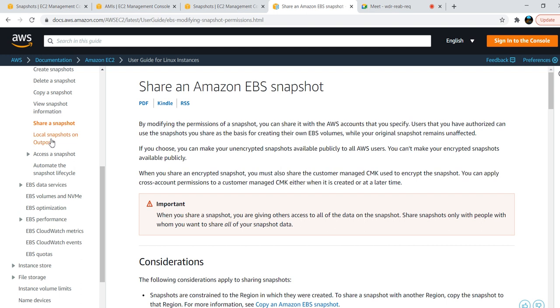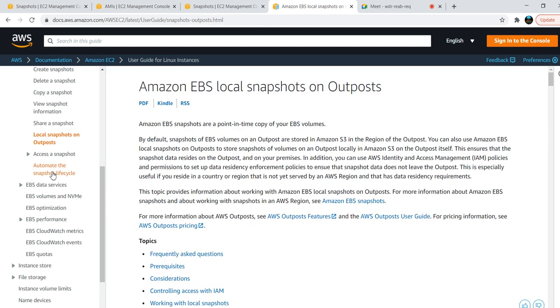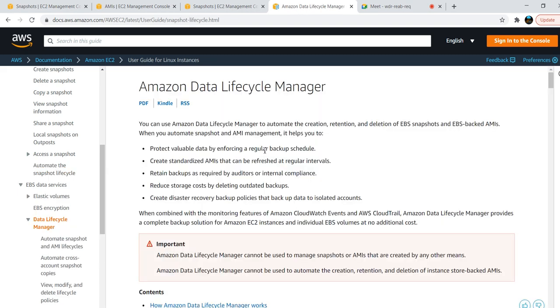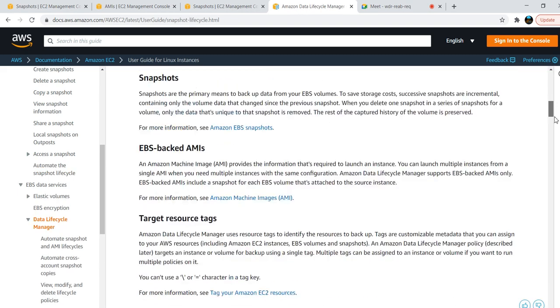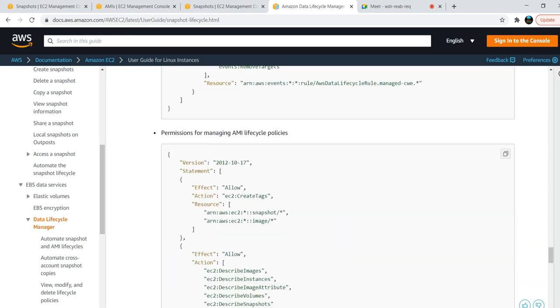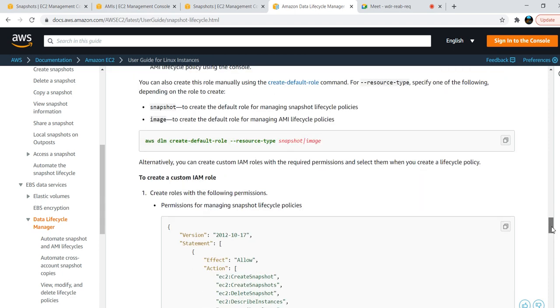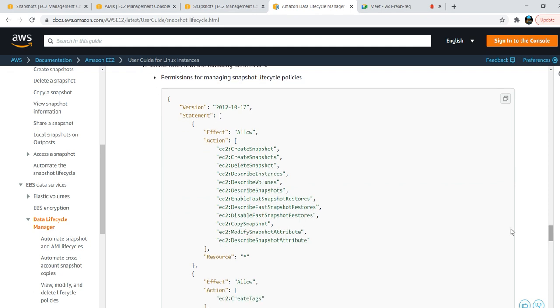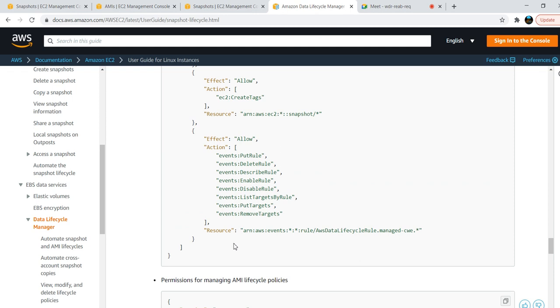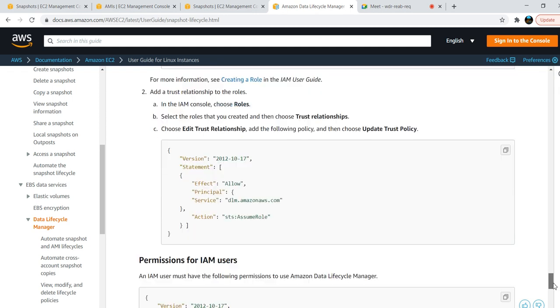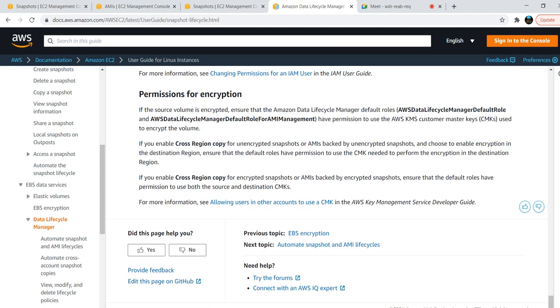Okay, access snapshot, local snapshots on outpost, automate the snapshot lifecycle. With the help of lifecycle manager, we can automate the snapshots by either age or retention or count. With the help of that, we have done. Yes, again we can create with the help of this custom role. They are telling only to communicate with EC2 role and EC2 under the EBS volume only. Create tags, enable rules. What are the events it needs to allow? This is under IAM that we will see whenever we are creating IAM. Okay,